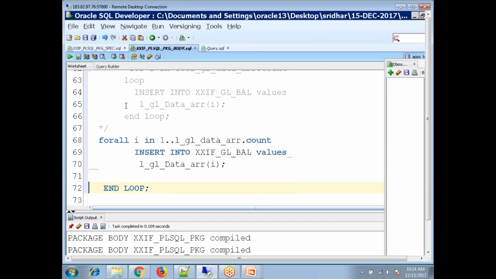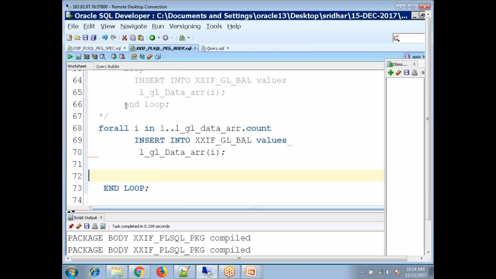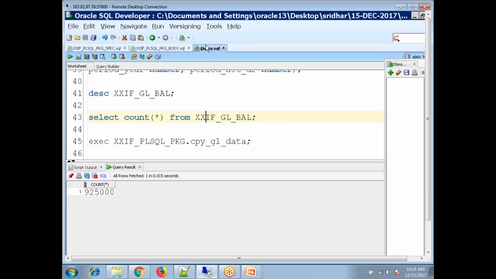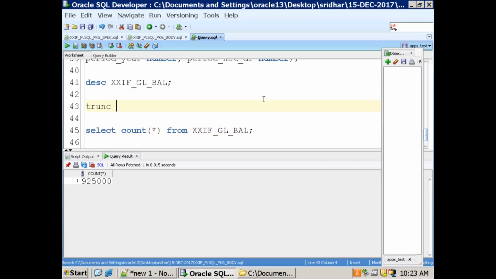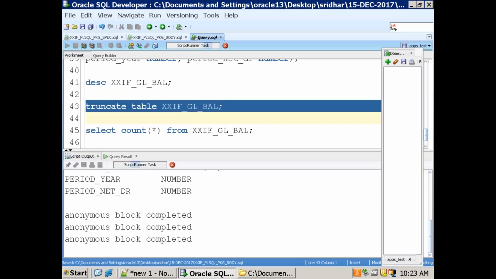And also already we have the data in that, right? So we already have the data in our temporary table. So what we can do is we can try to delete it. Truncate table. And also when you're trying to delete the data, always be very careful, because once you delete the